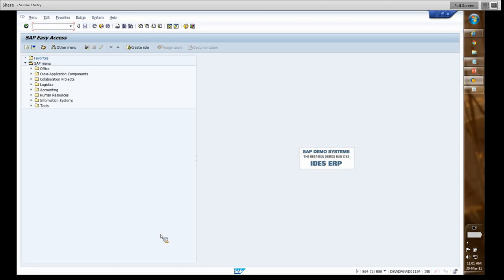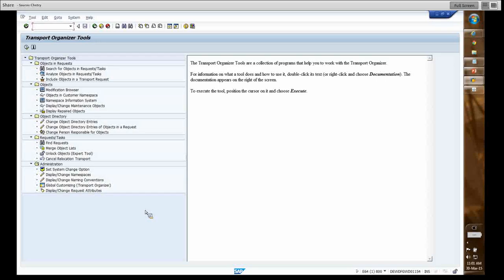It is just for your understanding how to use AAK, and it does not necessarily mean that it is an add-on. All right, so the first transaction that I will use for this demonstration is SE03. SE03 gives me the list of options to view the transport organizer tools. And here, if I go down to the administration tab, I can find the option to change and display the